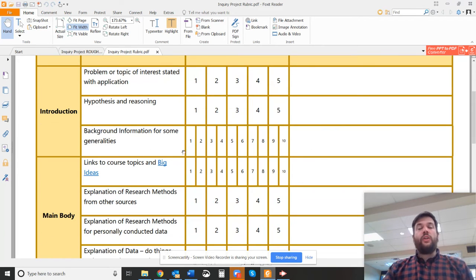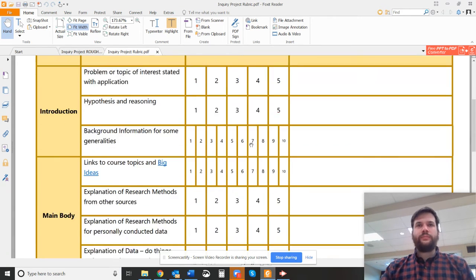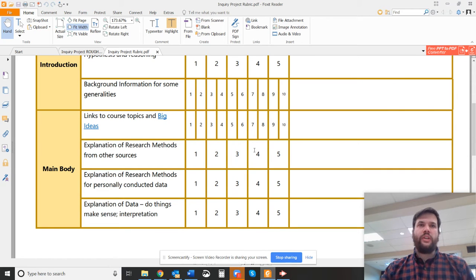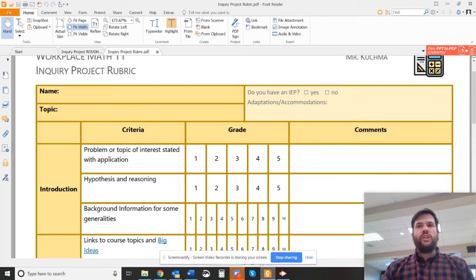And as you look at this, you're also going to notice that some things are worth more than others. So some of them are worth 5 marks, and some are worth 10, but it totals up to 100 in the end with that round. So what you're going to be doing is using this as your framework as you are creating your final